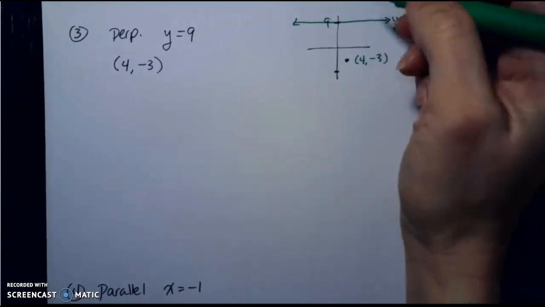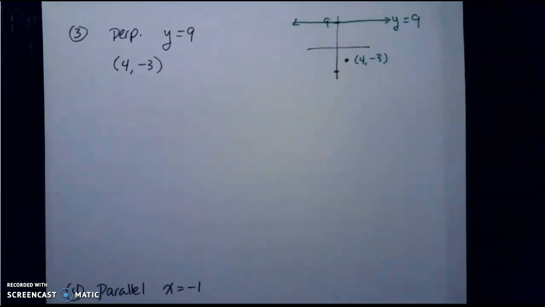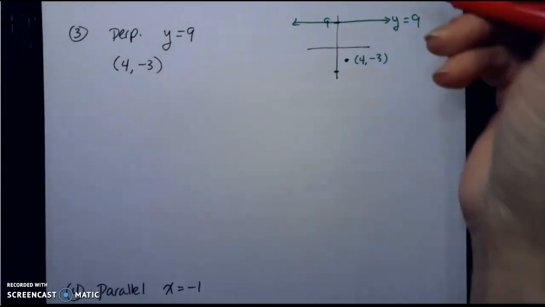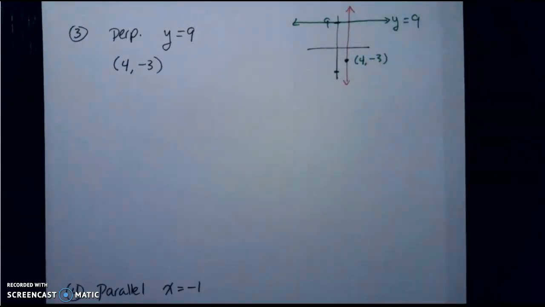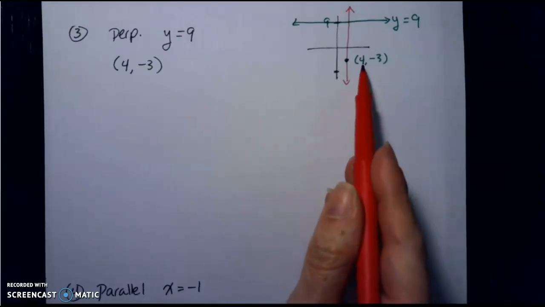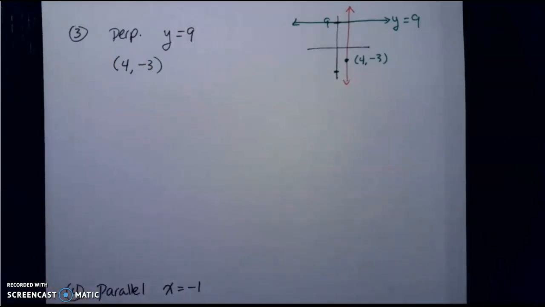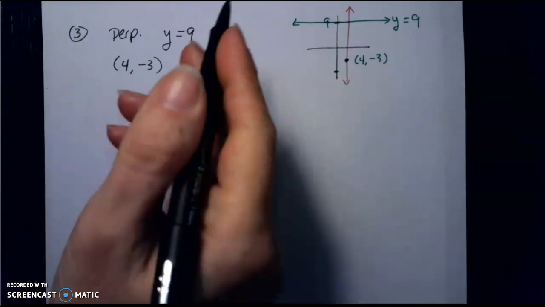I want to be perpendicular, so the line that's going to be perpendicular will be a vertical line. Do a different color here. So if I am writing an equation for a vertical line, I don't have a slope, right? The slope is undefined. So I need to just think about what the equation of that vertical line that would pass through this point would be. We know that the equation of a vertical line is always x equals,